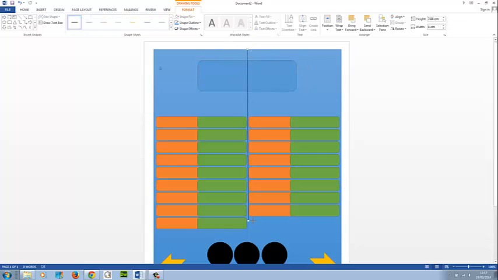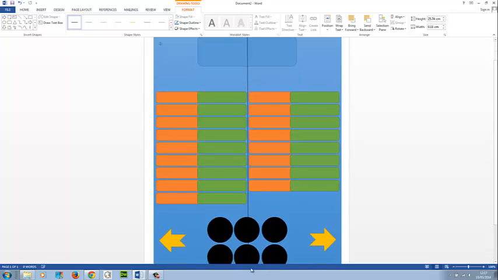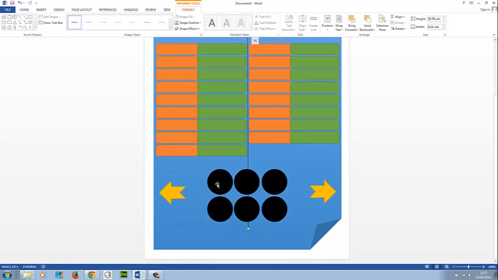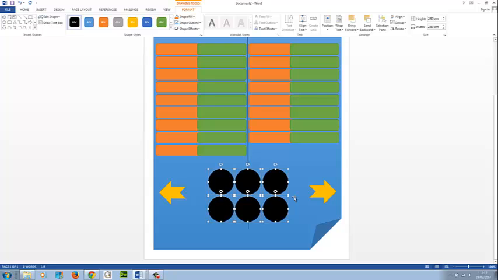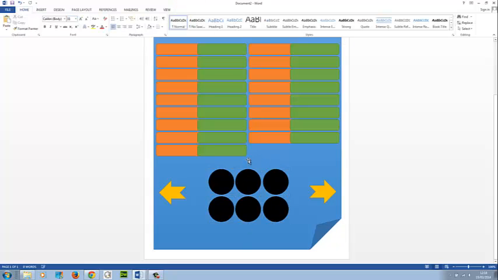I'm going to hold the Shift key down on my keyboard. I'm going to bring it down. So I'm going to highlight now by holding the Shift key on my keyboard. I'm going to highlight the shapes and use the left and right arrow on my keyboard to place the buttons right in the center. Once I'm happy with that, I can delete this line,